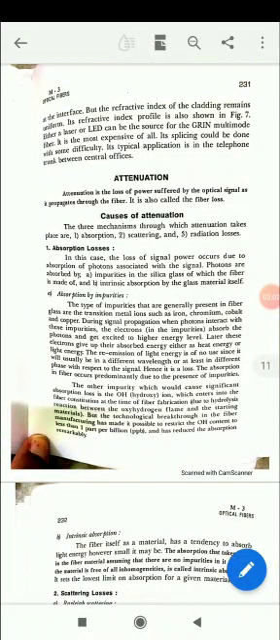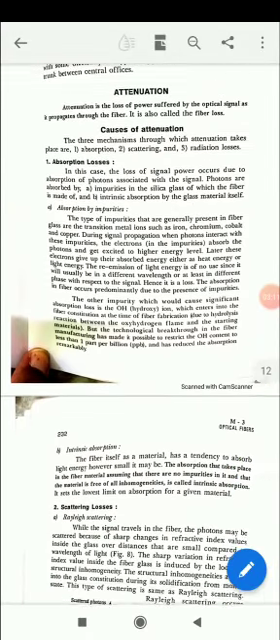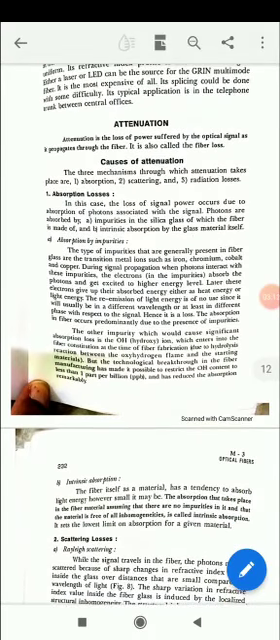So now see the causes for the attenuation. That may be due to absorption loss, scattering loss, or radiation loss. Just see the first one, that is absorption loss. This arises due to the absorption of photons associated with the optical signal here. These losses may be either